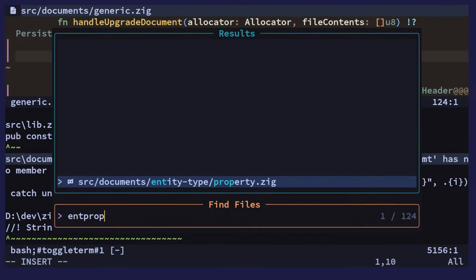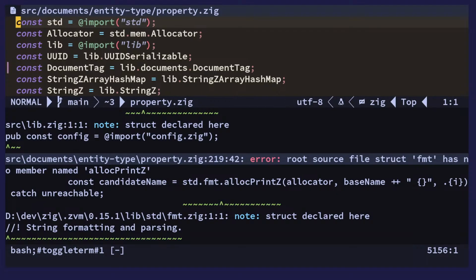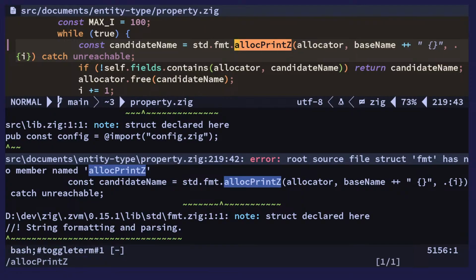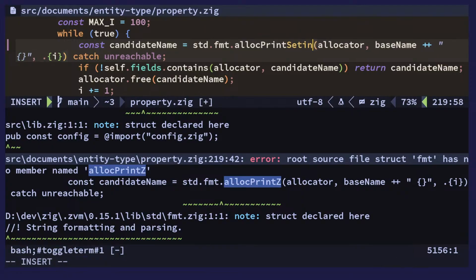All right, here's another one that I don't think they actually mentioned, but allocPrintZ doesn't exist anymore, but it does exist like this. Well, the version allocPrintZ does not exist because it's kind of assuming that you're working with 0 terminated strings, but you can still work with sentinel strings, but now you have to manually put in a 0 at the end to say, okay, this is a sentinel, even though the type that you put in,